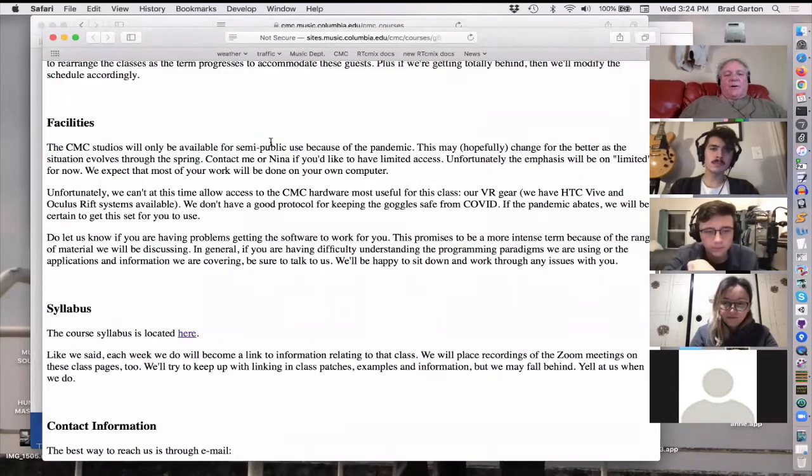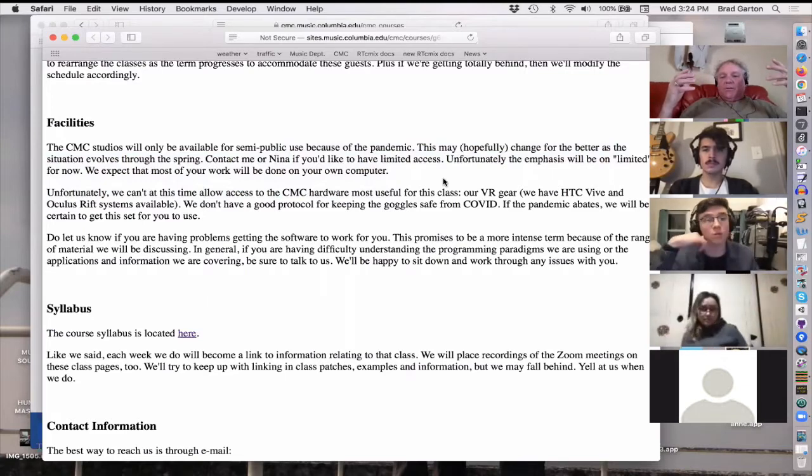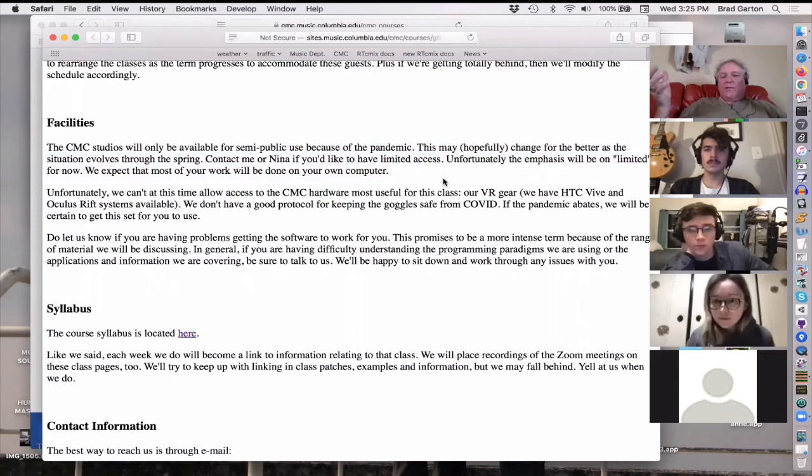Now, here's the sad part, okay? The facilities. By the end of the term we may be able to give you access, but we have a number of VR rigs at the Computer Music Center that you can go in and use. You can use an Oculus, you can put on an HTC Vive. Right now, you can't have access to those because we simply cannot find a way to really disinfect them appropriately to keep people and students safe from COVID. That was sort of handed down from the university. So